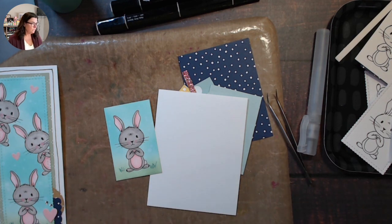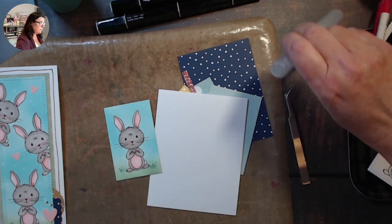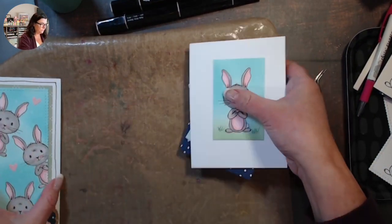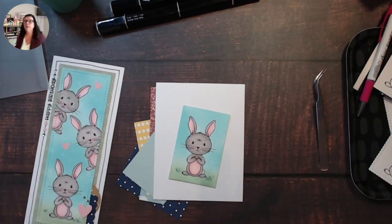Okay. So I was going to tell you the size of my little white daisy. I'm just looking for my ruler. I can move my...